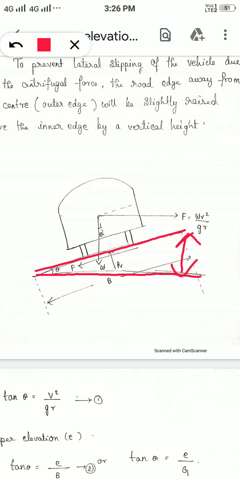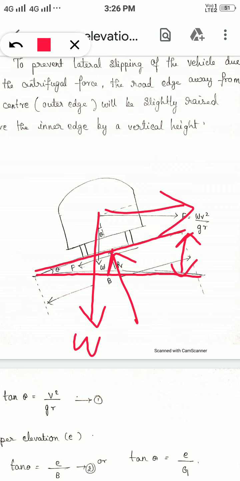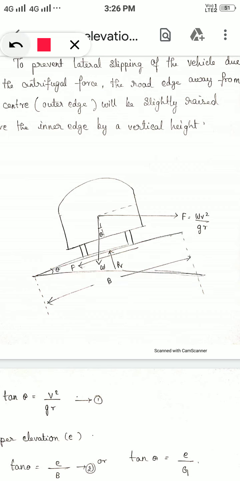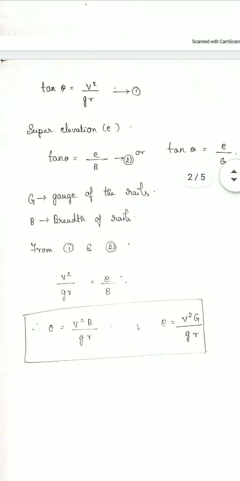To calculate that, you have to resolve some forces. Whenever there is the surface, there will be a reaction from the surface, and the self weight will be acting down, that is W, and the centrifugal force will be acting towards the right side, that is W V square divided by g into R. To counter that, we provide another force called F, that is thrust. We have to calculate this. To find this thrust, we have to resolve the horizontal forces. Let me give you the formulas related to that.